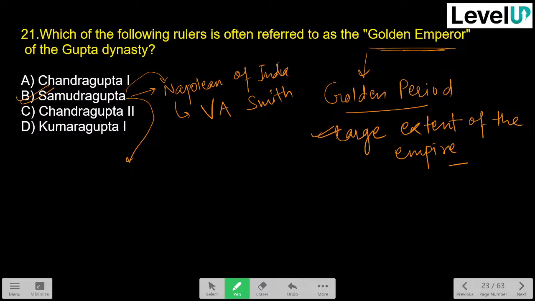Samudragupta has one title called Kaviraj. Why? Because he was very interested in music. We will discuss the Gupta Empire in the latter part of this lecture. Once we are done with the ancient part, we will discuss the Indus Valley Civilization, the Mauryan Empire and the Gupta Empire in more detail. Okay. Next,